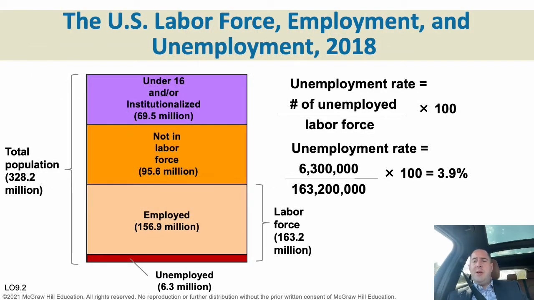The Bureau of Labor Statistics, or the BLS, as an agency within the Department of Labor, measures the unemployment rate, calculated by taking a random survey of 60,000 households nationwide. The population is divided into 3 groups. Group 1 consists of those under the age of 16. If you're under 16, you're expected to be in school. That's why they exclude that group.